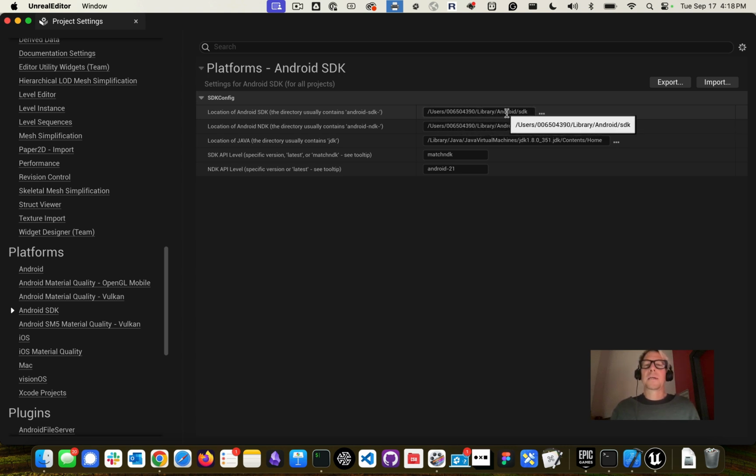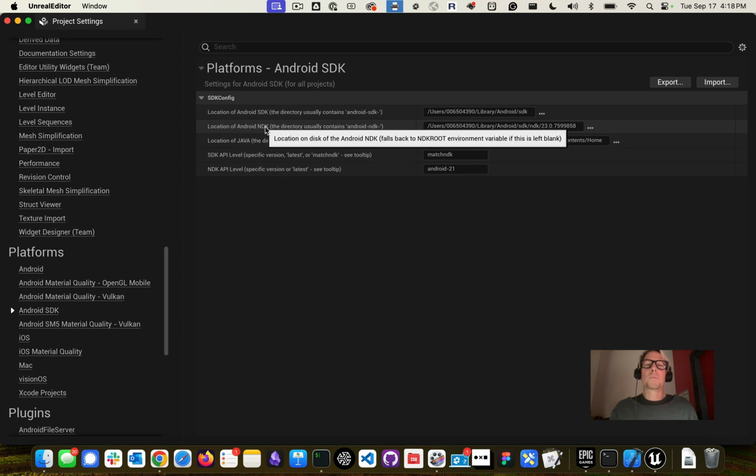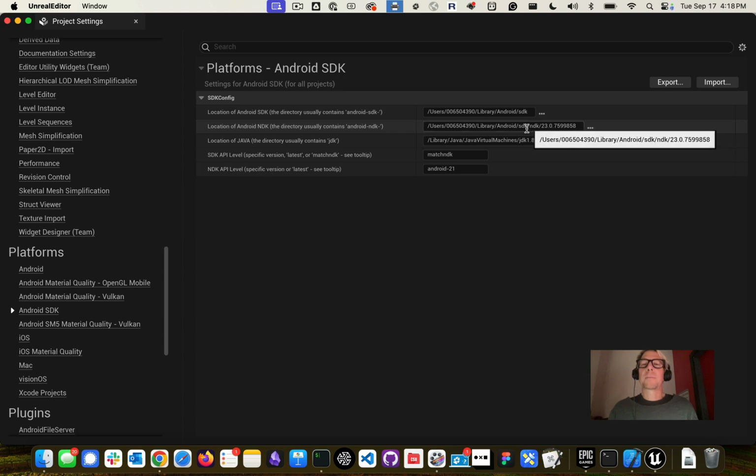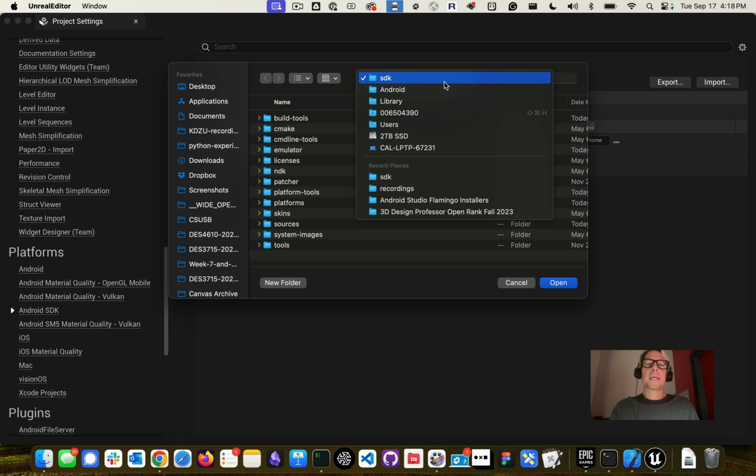You could type that in, but I encourage you to not do that and to use the 3 dots instead, because one typo will make your life miserable. You'll wonder why everything is breaking, and you won't remember that you accidentally put a space in there, a capitalization problem, or whatever. Okay, so now we're going to path out to the NDK, and the way to do that,